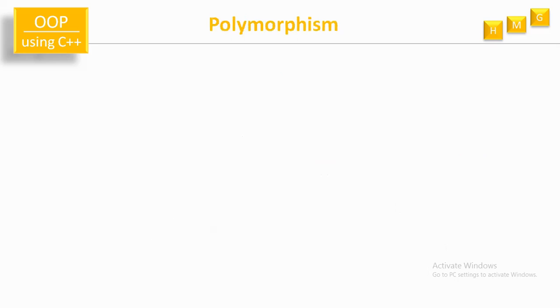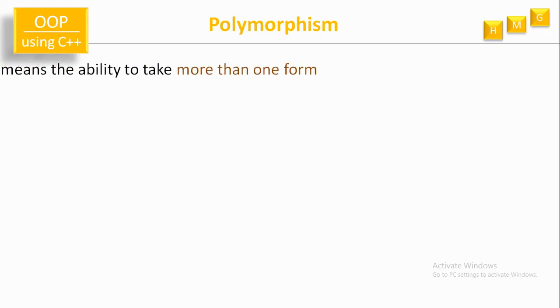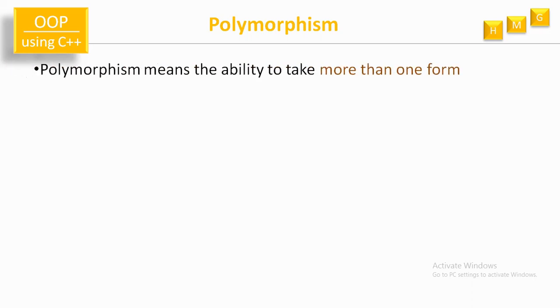The next concept is polymorphism. What is polymorphism? Polymorphism means the ability to take more than one form. So there is one thing, and that can take more than one form. So